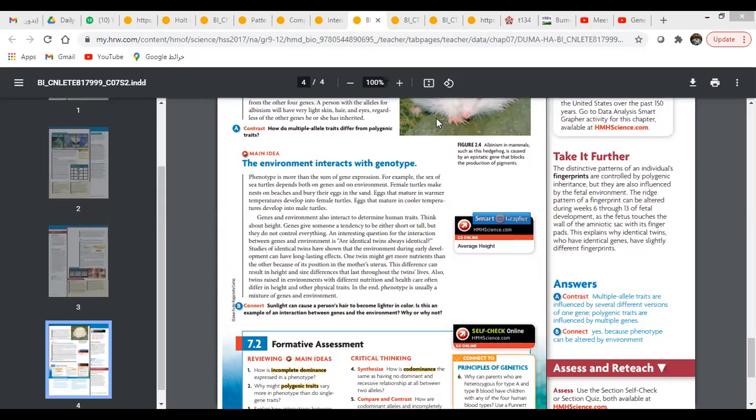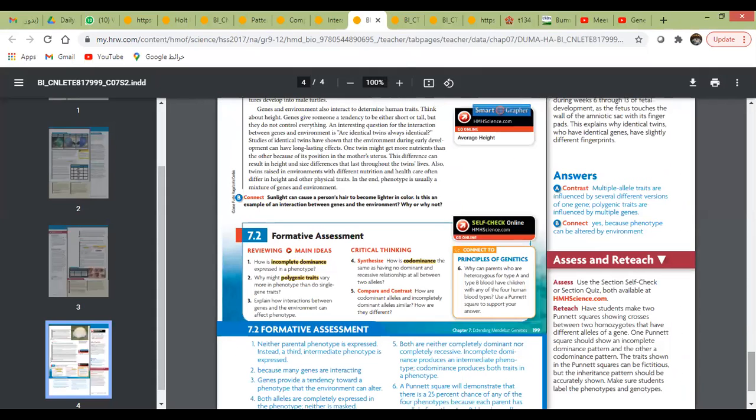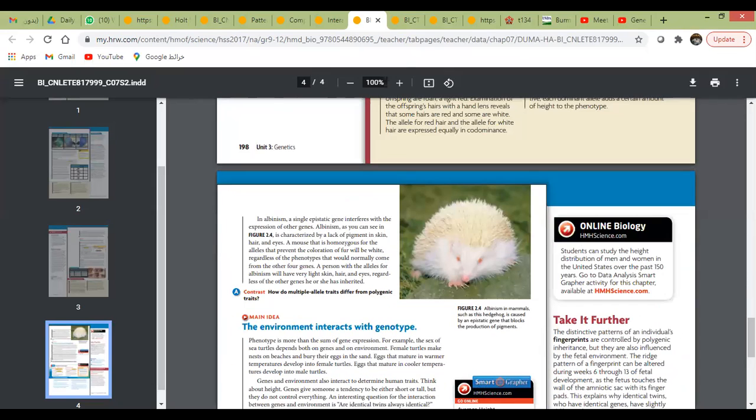عبد العزيز. Yes, miss. يلا عبد العزيز قل لي ايش الفاكتورز that affect the phenotype يعني صفة مثلا زي the color of the skin. ايش هم الفاكتورز that affect the phenotype اللي بتأثر على الصفة اللي انت بتشوفها؟ Miss, with the environment. الانفايرمنت one factor برافو لأنه الانفايرمنت interact with the genotype مع جيناتك and make it affect the phenotype. تمام هاي واحدة. ايش كمان؟ What other factors that affect the phenotype يا لجين؟